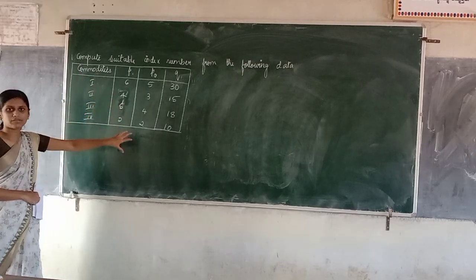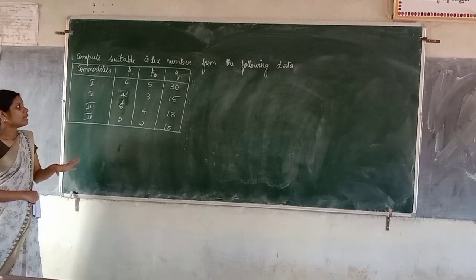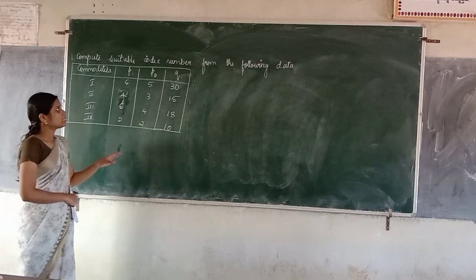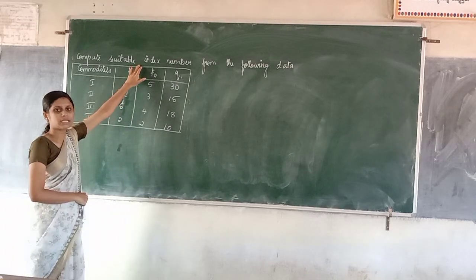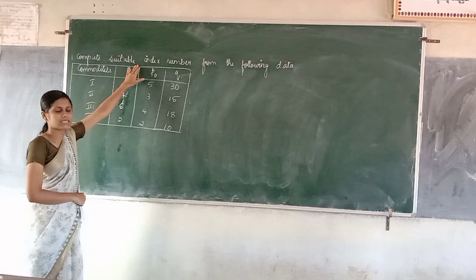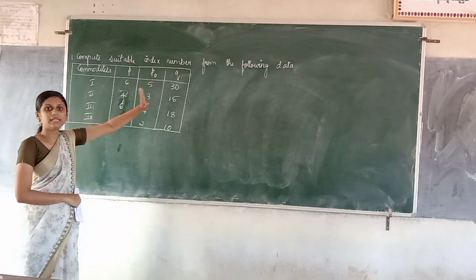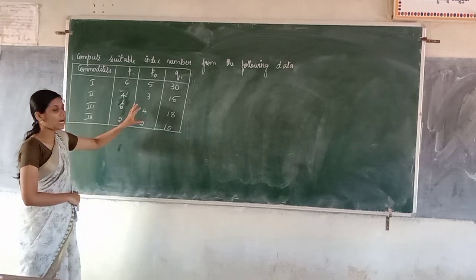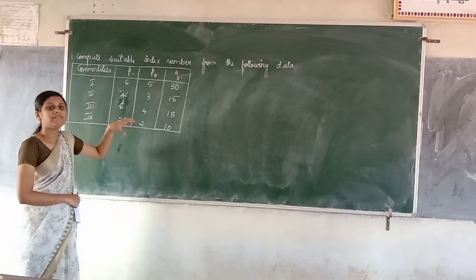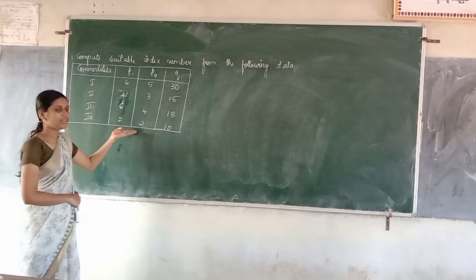They have not specified whether we have to calculate quantity index number or price index number. See, one thing you have to note. Suppose nothing is specified, whether it is value index number, quantity index number or price index number, and simply it is given as index number. If it is given like that, then you have to think that it is price index number. And we have to see which price index number we can compute with the help of given information.